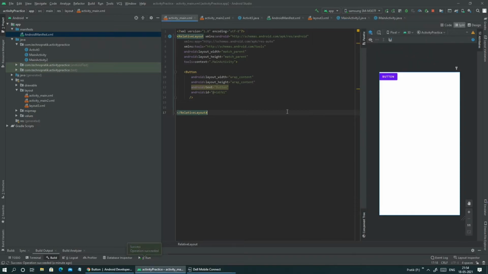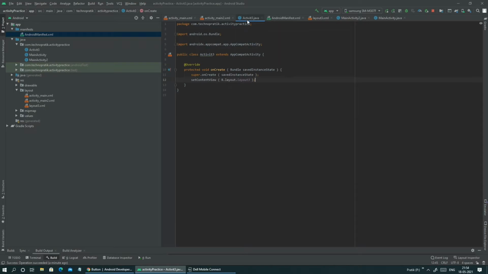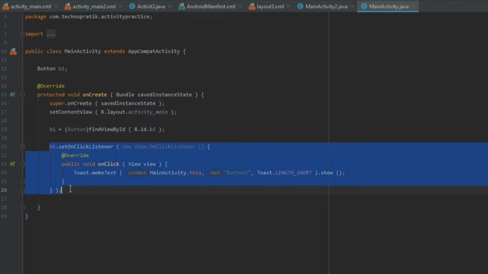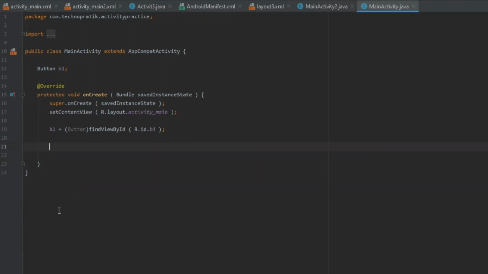Now I will show you another method to use an event listener. Instead of creating a setOnClickListener, we can use one method to do that.